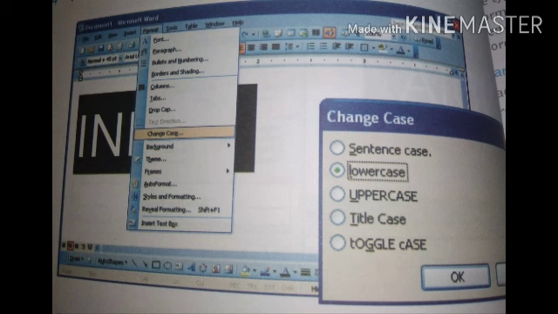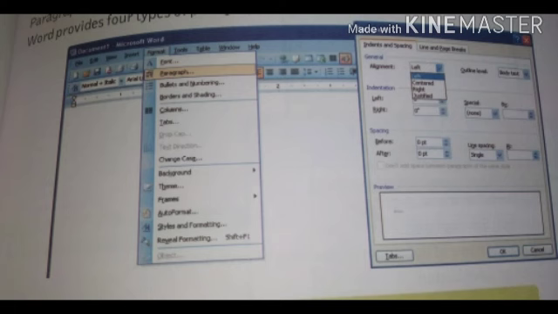There are lots of keyboard shortcuts for formatting text. The table below shows the most useful keyboard shortcuts. CTRL plus N, new file. CTRL plus O, open file. CTRL plus B, make letter bold. CTRL plus I, make letter italic. CTRL plus U, make letter underline. CTRL plus Shift plus D, double underline.